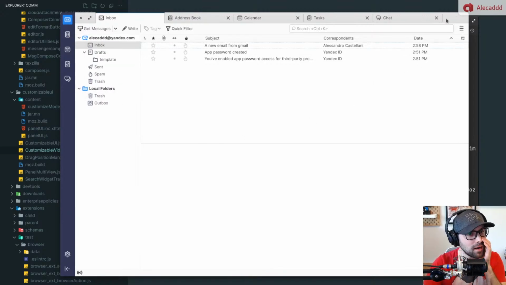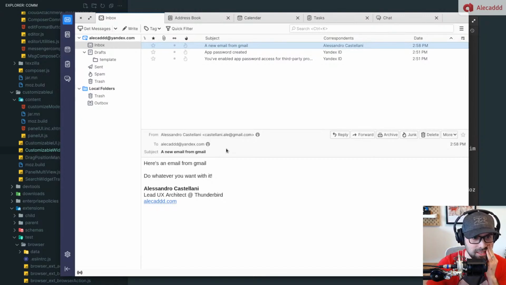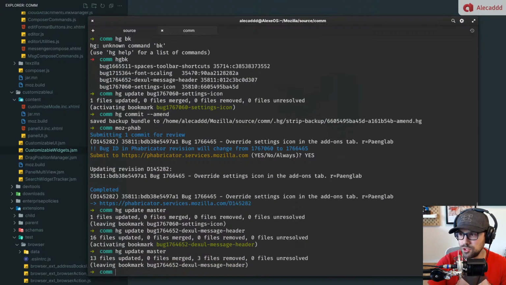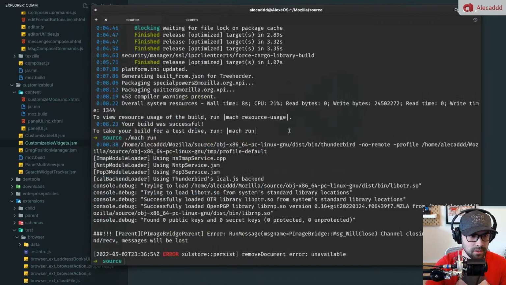Anyway, what I'm gonna be working on today is the message header, because the message header needs a lot of love, needs a lot of updates, a much needed refresh. The code is a mess, the design of the message header is not great, and I'm gonna show you why. So first of all, I'm gonna step out from my current branch here, and I'm gonna compile